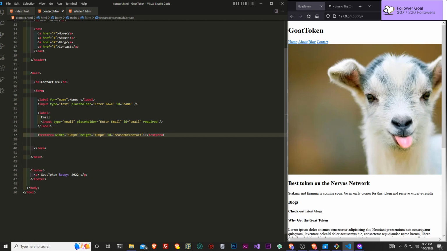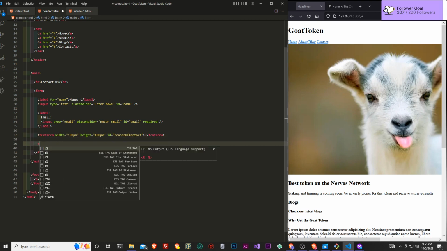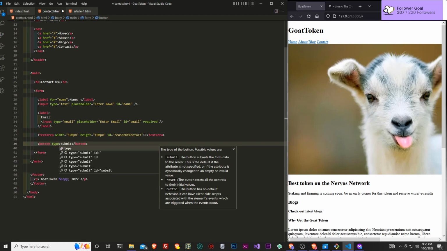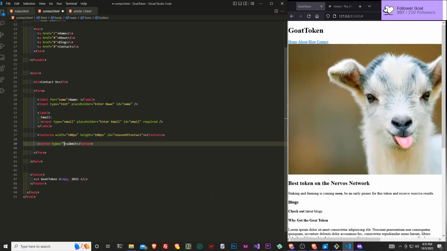And then after that, we want to give our form a button. We're going to put submit inside of our button, and this is going to be a type. I don't think we need to really give it a type, but I think we'll just give it a type for now.